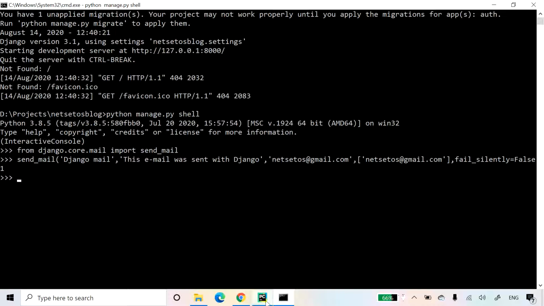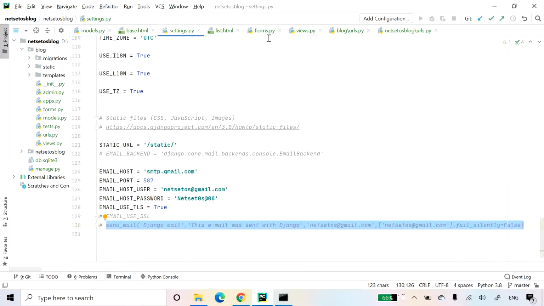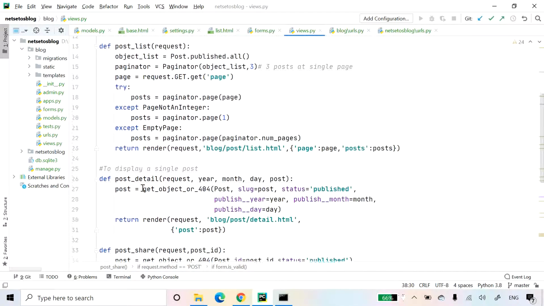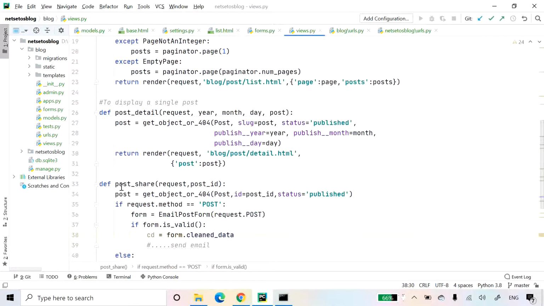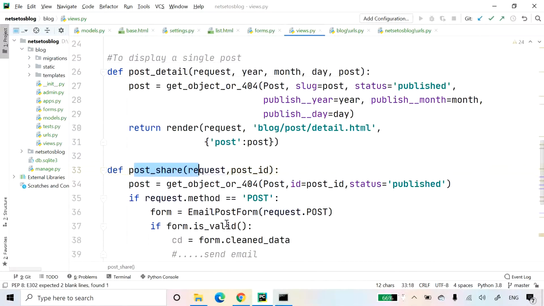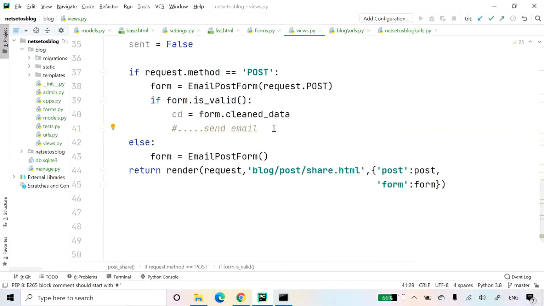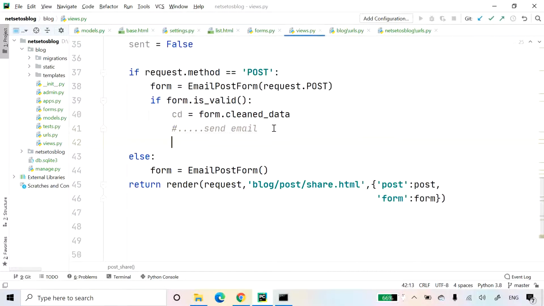For that I will go to views.py in my PyCharm and make some changes. I will go to the function post_share, and below post I will introduce a variable sent equal to False, and then beneath this if condition we will write some code.